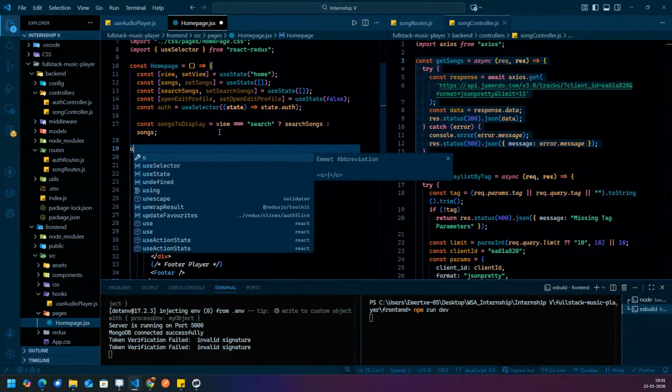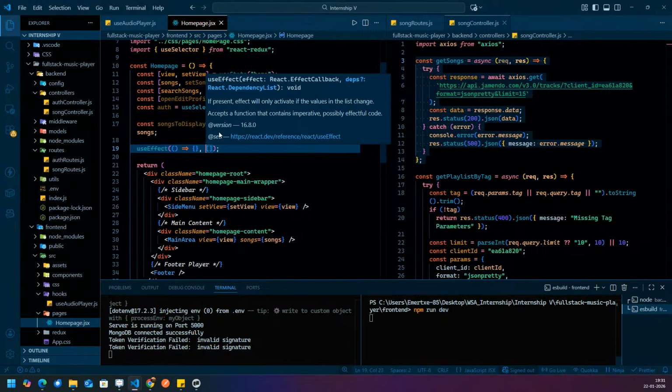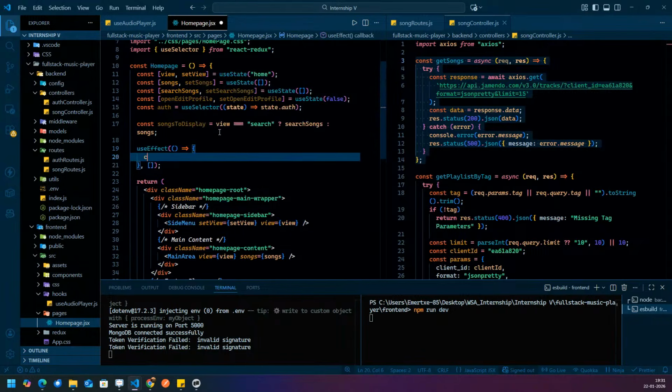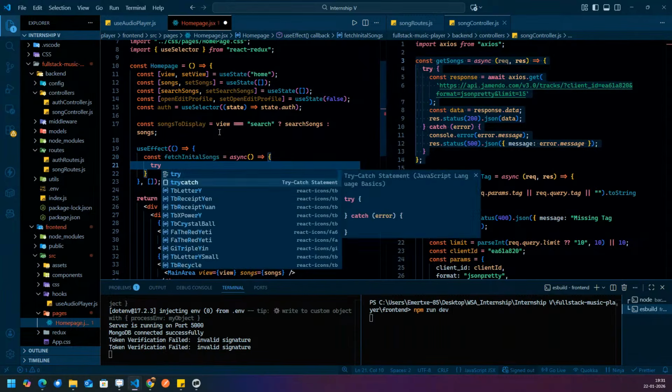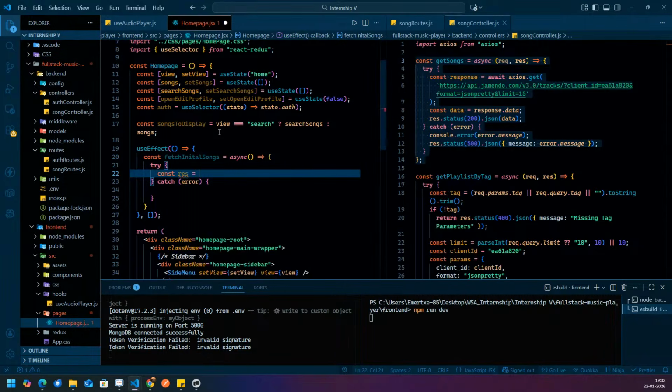So we'll use useEffect. In this useEffect, we are going to call our API. Fine. So const fetchInitialSongs is equal to an asynchronous function with a try catch block. In the try block, const response is equal to await